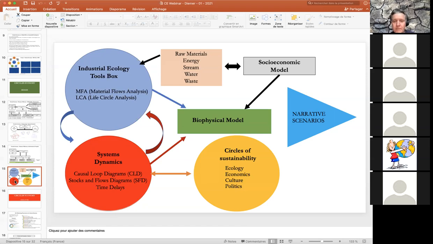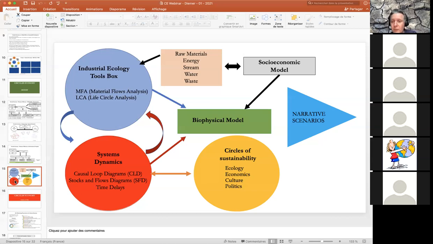The same for the connection between the biophysical models and the socioeconomic models. Like I said, it's very hard to build biophysical models, even at the global or the local levels. But after, I think the great job is to understand the link with the socioeconomic models. And you say there is a kind of feedback loop between the two. You need to understand how the economic model puts pressure on the biophysical model, but you also need to understand how the biophysical model gives limits to the economic system. So the connection is very important.